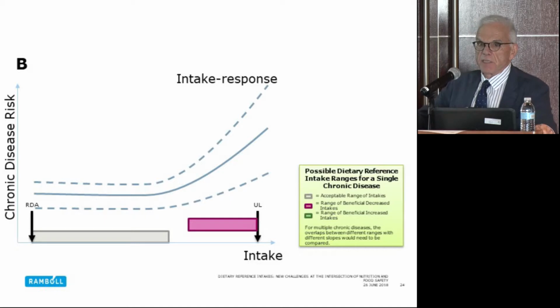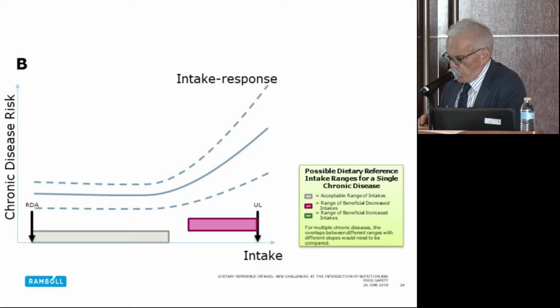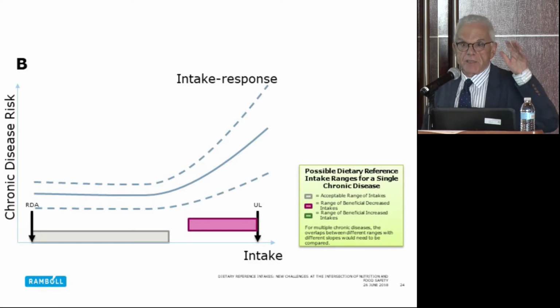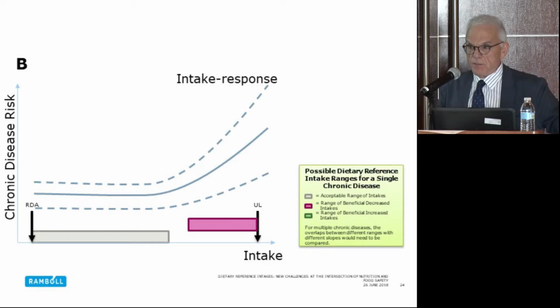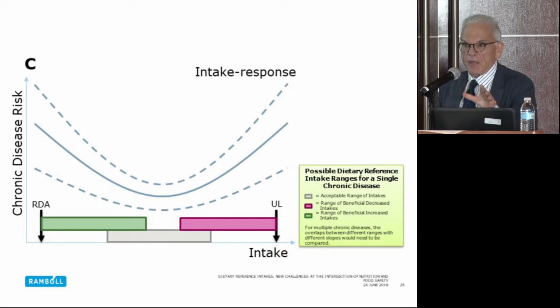And we see this for a few nutrients now. We've got some information. Here's one where, as intake increases, the risk of chronic disease decreases. Here's the RDA over here, just for illustration purposes. This range here on the bottom might be a range of acceptable intakes, over which there is a decreased risk of chronic disease. That's what this is meant to illustrate. So that range is a DRI under this